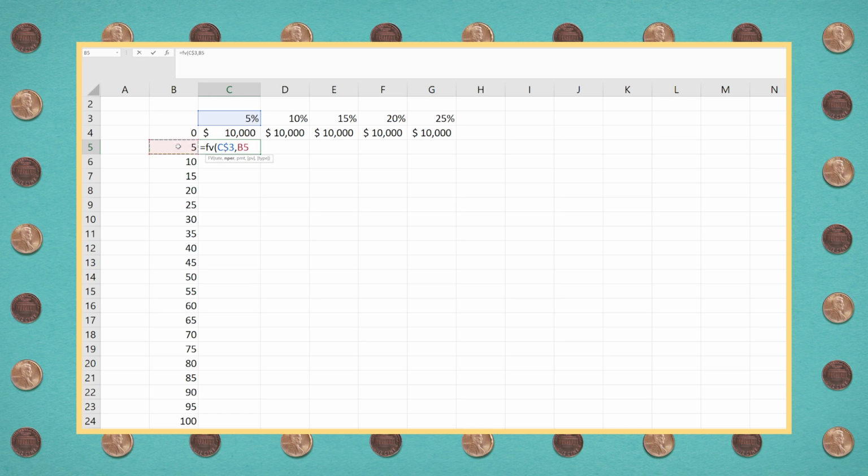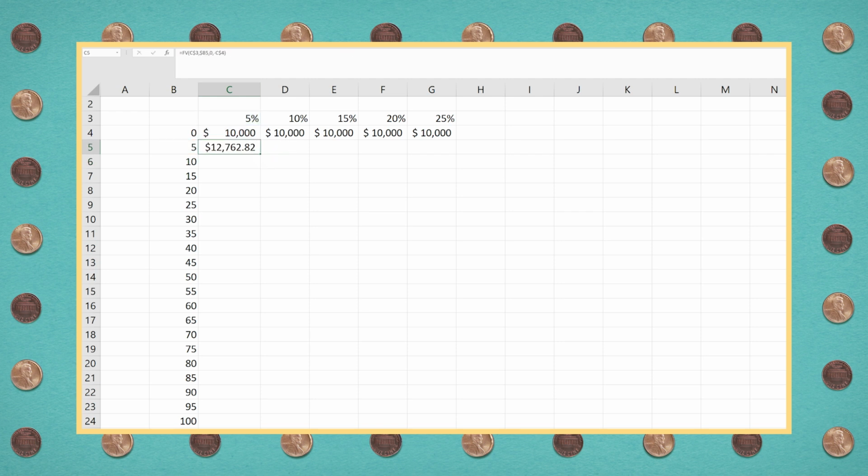The number of periods over here is 5 for this, and we will fix, in this case, with a dollar sign, the column so that when we drag it over to the side, the column doesn't move. Our payment is 0, and our present value is minus, always minus, this $10,000, and we will again fix the row so that as we drag down, the row doesn't move.